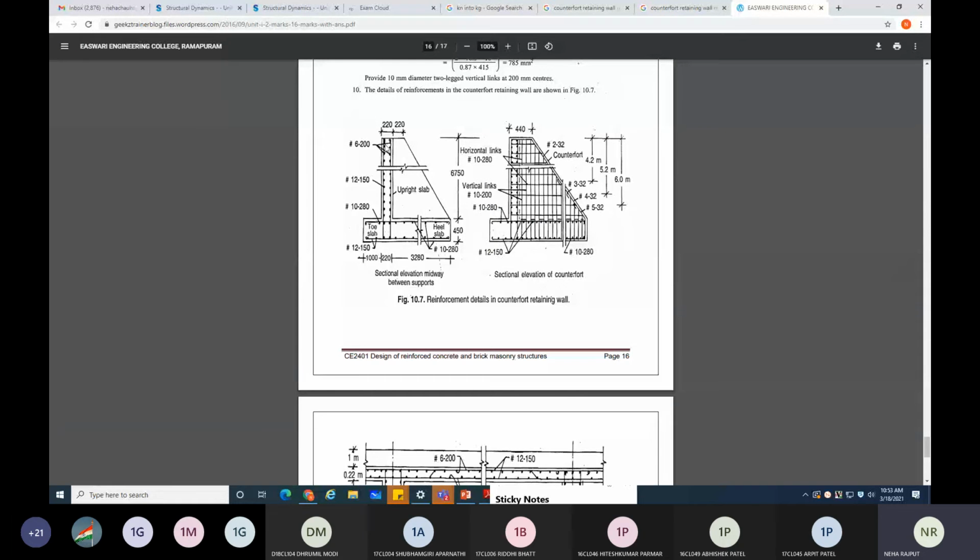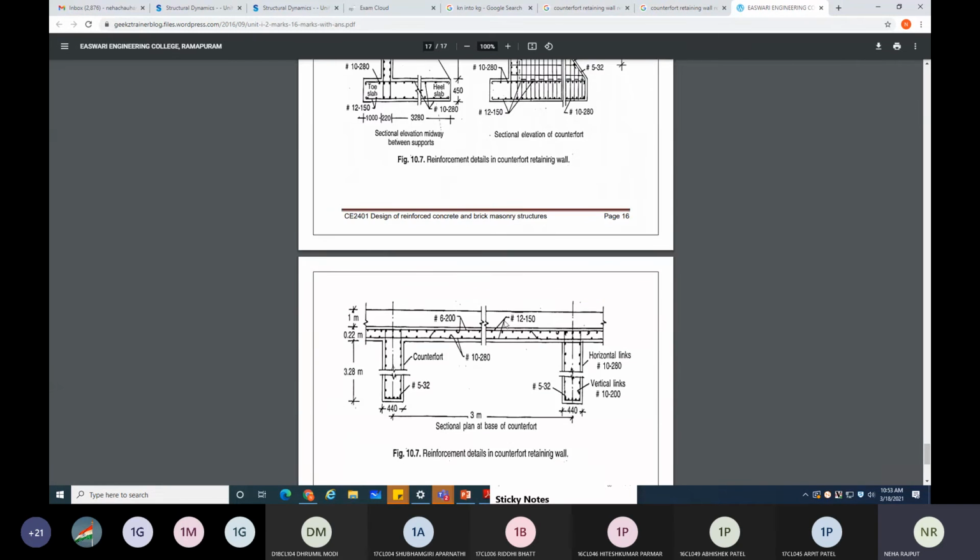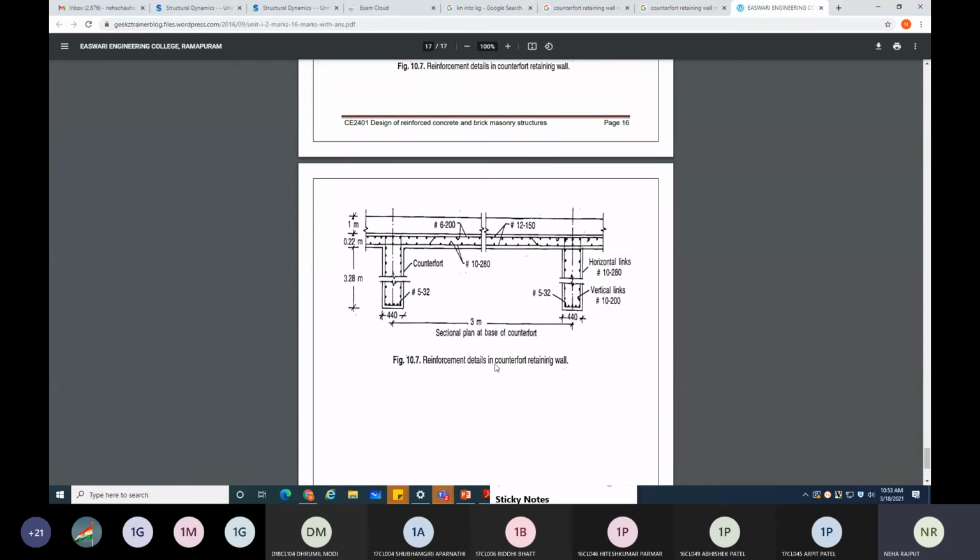ये reinforcement हमने फाइंड कर ली है जहाँ पे मेरा कंसर्न है, right? This 6 dia 200 is the vertical reinforcement जो dotted दिख रहा है, right? और this 12 mm diameter 150 other reinforcement again horizontal, 12 mm diameter 150 spacing दोनों साइड. This you can see the reinforcement details यहाँ पे.